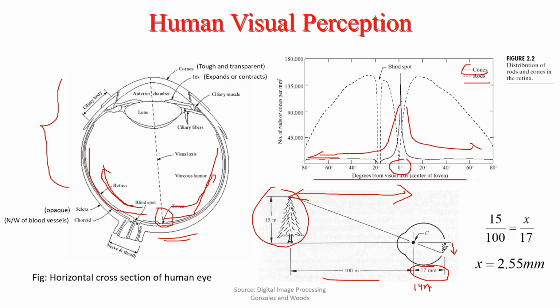At the same time, you can see these dotted lines. The dotted lines are what? They are rods. They are absent, minimum at the fovea, and as you go away, the density increases. And there is one point known as the blind spot, which is shown here, where both the receptors are absent. So the image formation cannot take place at that particular location.